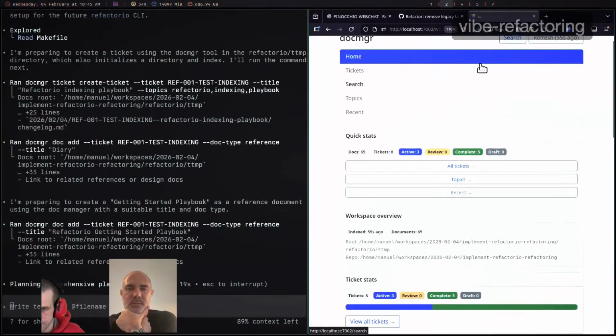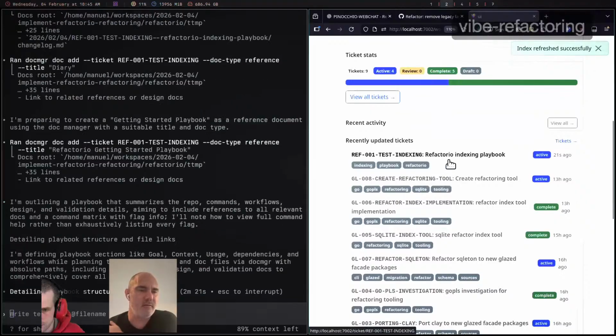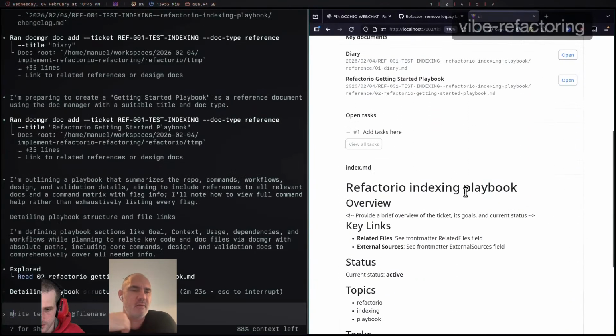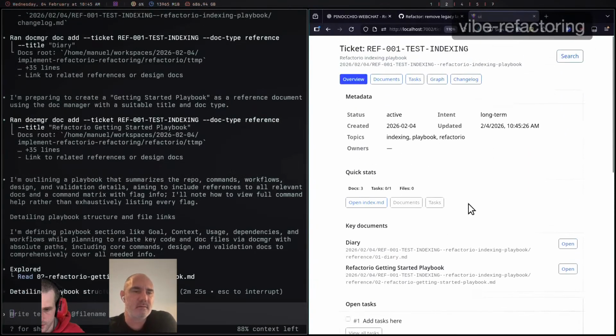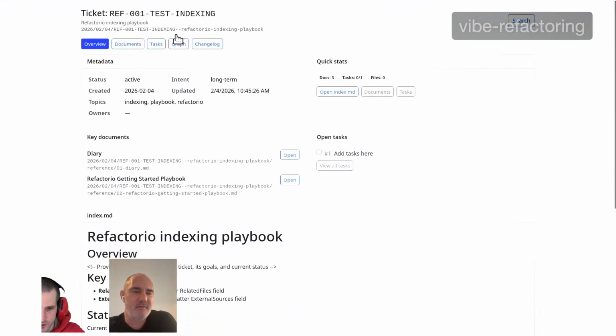And actually, refresh. It's kind of a Jira. Yeah, Doc Manager, kind of, with your tickets and stuff like that. I called it ticket, I don't know if that was the right name. It's the alpha, the first vibe code of a concept that I have. Mostly, it's about keeping documents organized. And if you look at the document,